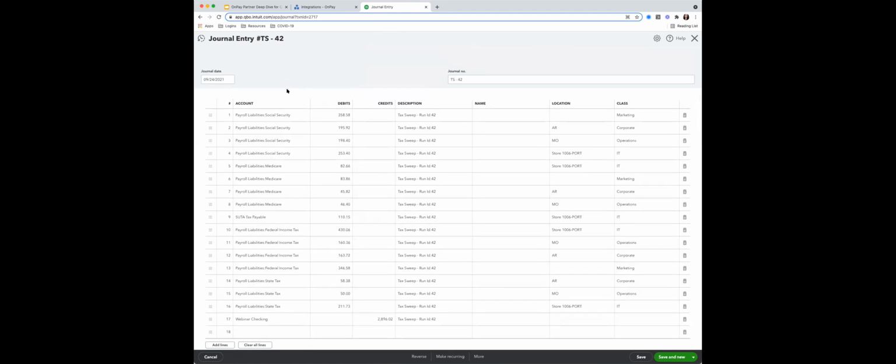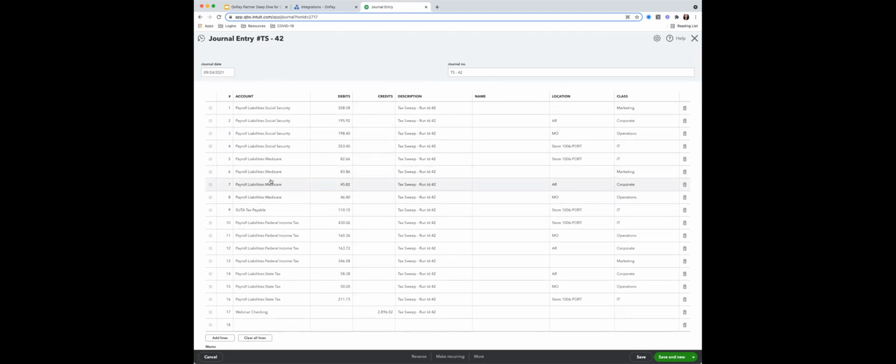I love it. So going into what Kara's clicked in here, this is a journal entry. She did sync in summary, so I just wanted to show the difference of in summary versus in detail. This is the tax sweep that Kara is showing us right now for that payroll. It has all of the taxes for the different accounts we hit. If you notice there's multiple lines for the same account, it's because the class is different or the location is different. So we'll send all those splits for you so you still get that same amount of detail. And what you're basically seeing here is that we're incurring those liabilities.